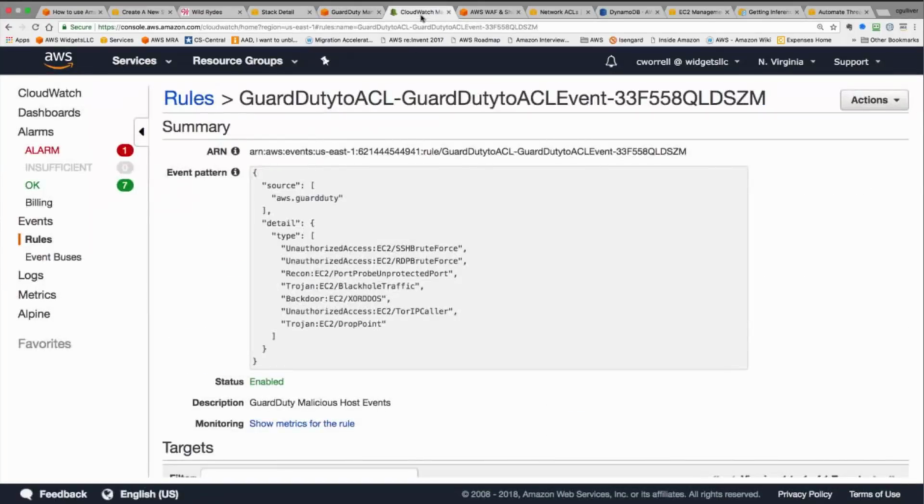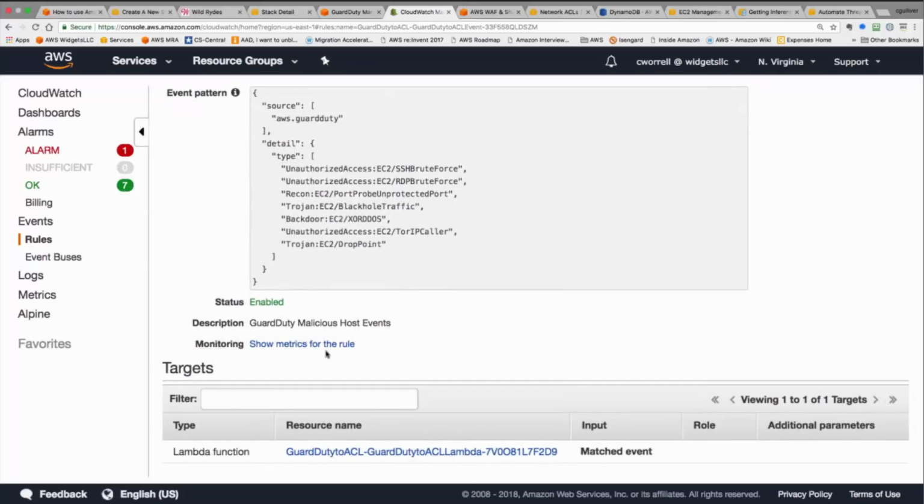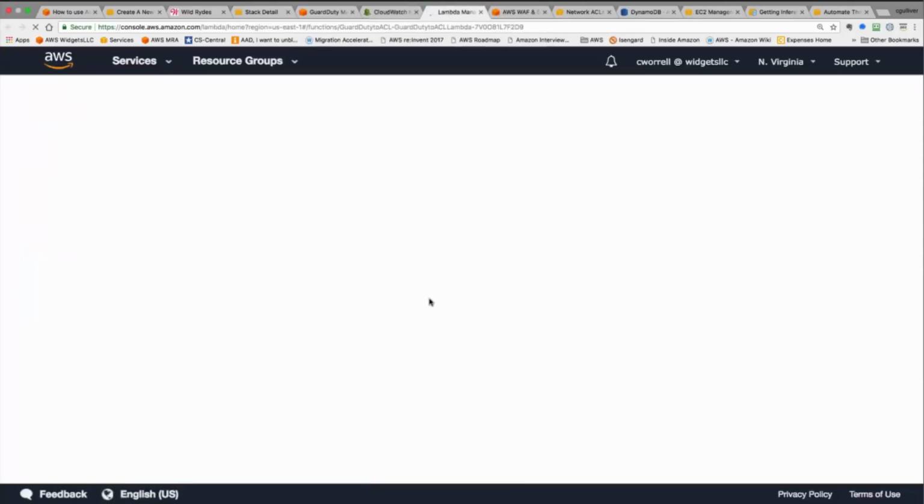Now I want to touch on the CloudWatch events aspect of this solution. Within the CloudFormation template, we configure a CloudWatch event rule, and you can see that rule here. It has an event pattern that matches on the findings we are configuring in this blog post for the solution. You can see a number of EC2 finding types being looked at, and when it sees one of those come in, it will fire this Lambda function. So if I go ahead and click that,